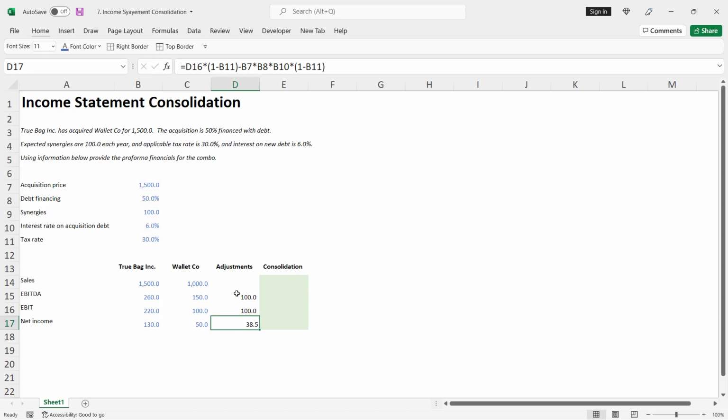Perfect. We have 38.5 as our net income adjustment,